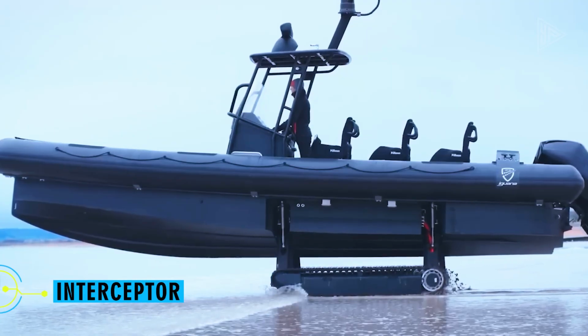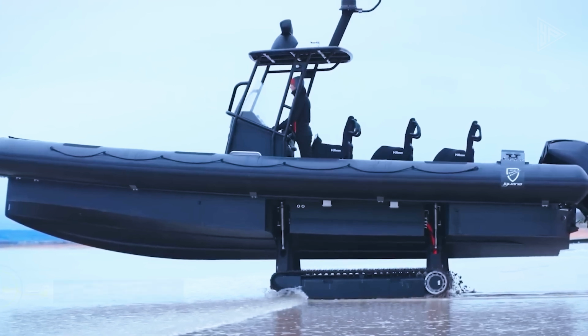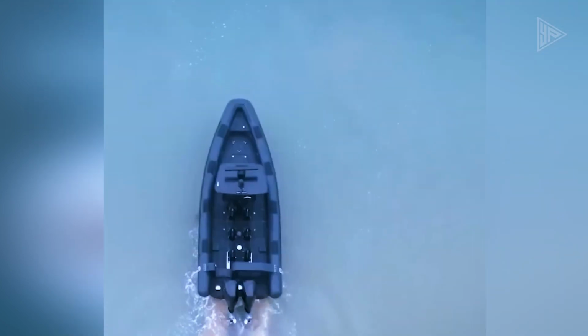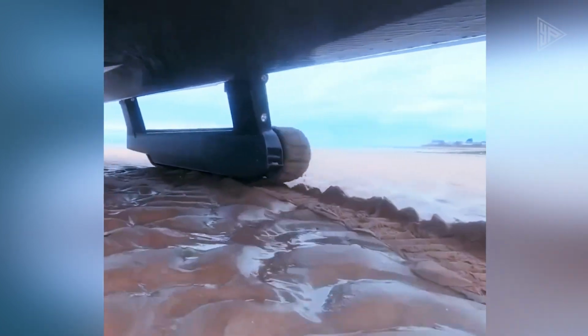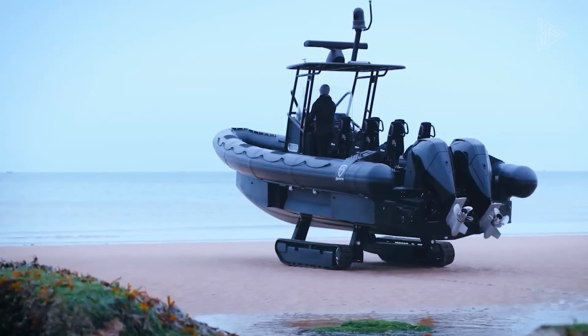Imagine that you are strolling along the shore when you notice a boat moving silently beside you. This amphibious vehicle is not just any boat, it's an Iguana Pro. And here's the thing, it's not just excellent at moving on land and in water, it has more to offer than first glance. The boat is notable because the manufacturer set out to create the fastest amphibious boat ever, and they succeeded